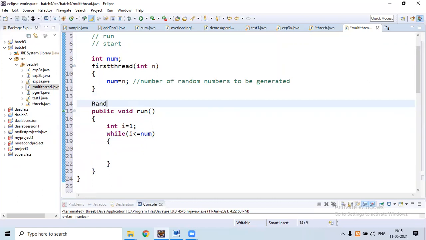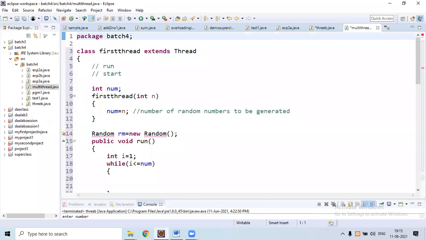So here initialize an object of the Random class: Random rm equal to new Random, here R must be capital, semicolon. Here we can't directly use the Random class in a Java program.